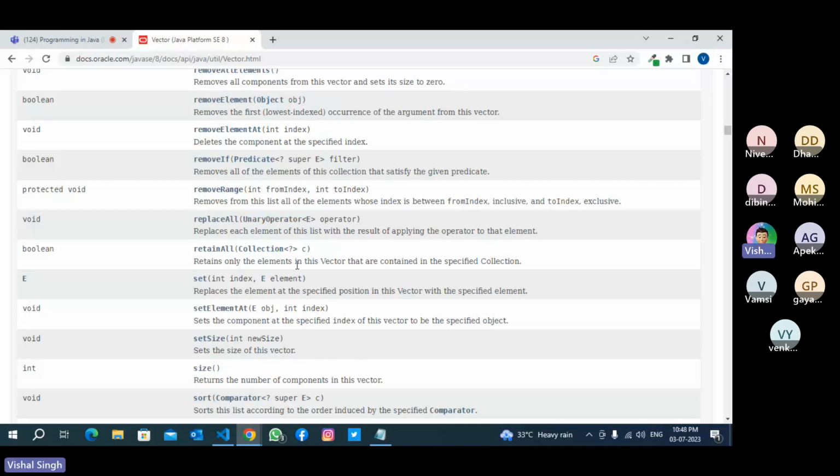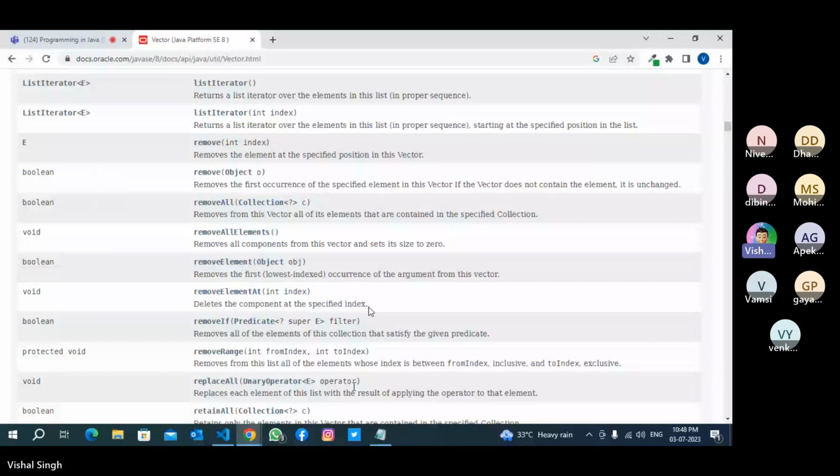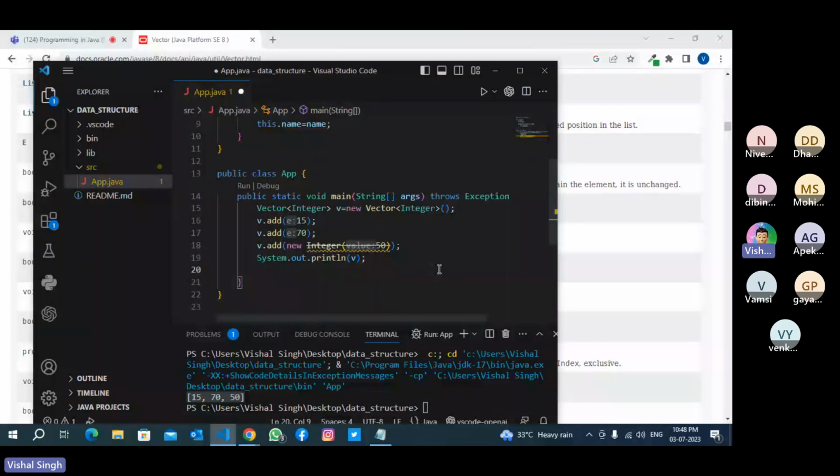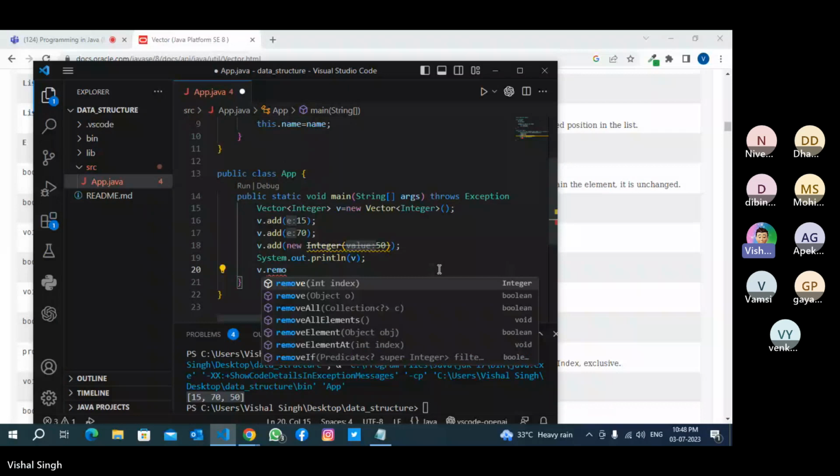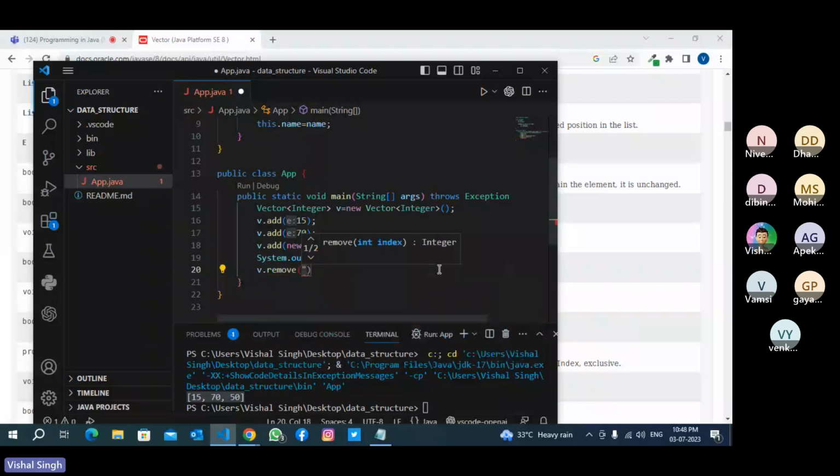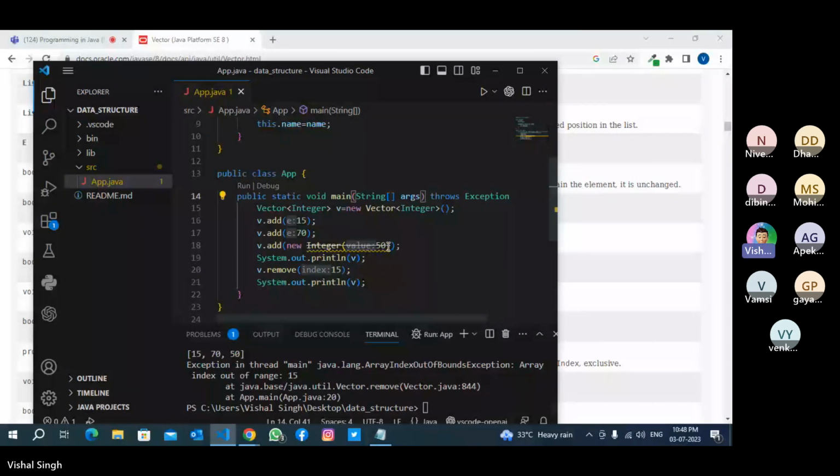Okay. Replace all, remove range, remove object. V dot remove 15. System out println v. Okay.